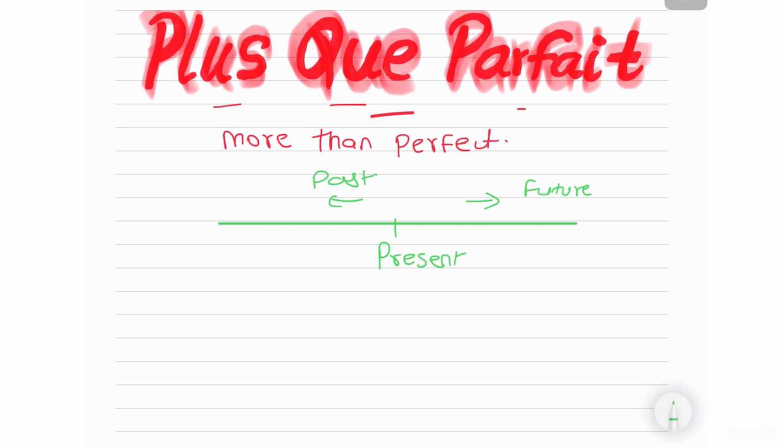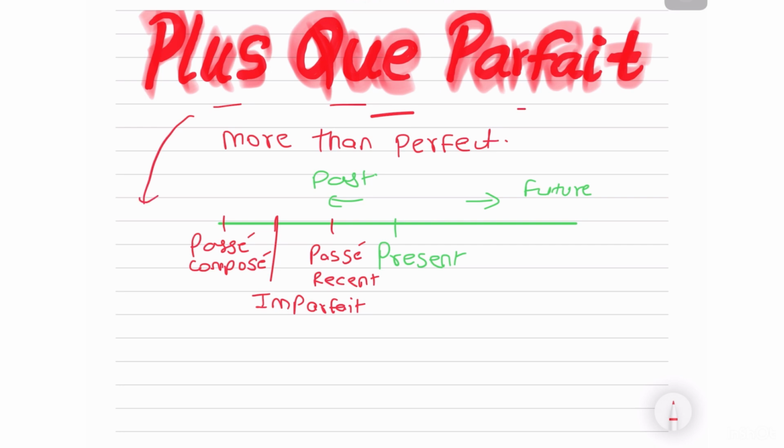Now, the question is, which kind of past? So, we've already studied passé récent, that is your recent past. Your imparfait, that is your imperfect tense, which is for your incomplete actions or habitual actions. Then we have our beloved passé composé, which is your simple past. Then finally, we have our plus que parfait, which is what we call your past perfect tense in English. Now you'll see this is the furthest in our past, okay? And it comes even before your passé composé.